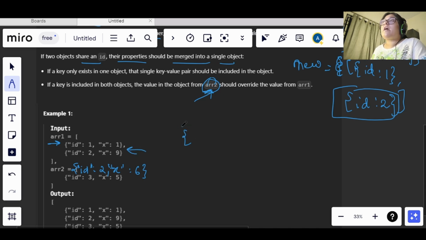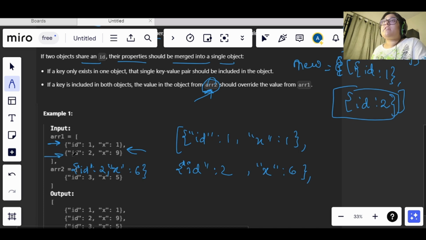So the output array that we will receive is ID 1, then we will have ID 2 with x as 6.